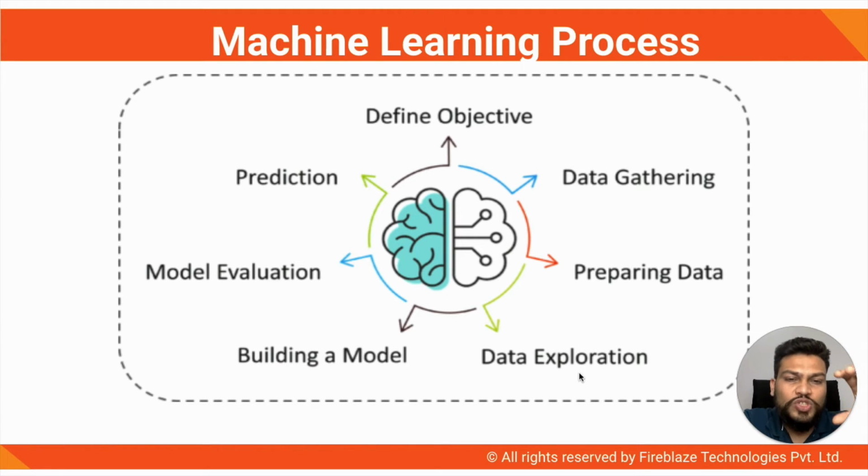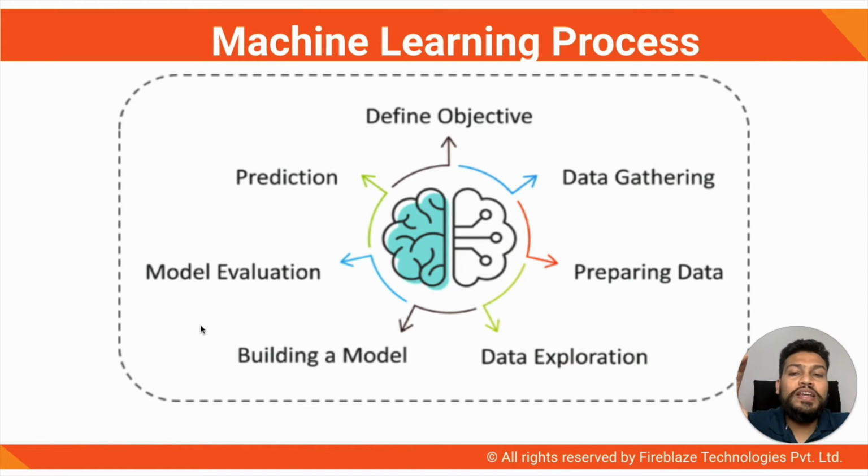And then once you have a fair idea of the current status of your data, we have figured out what we want to do, we have gathered the data, we have pre-processed it and arranged it in the best form, and we have read the data and gathered insight about the current scenario. Then after all of this, we try to build our model. So then comes the model building.